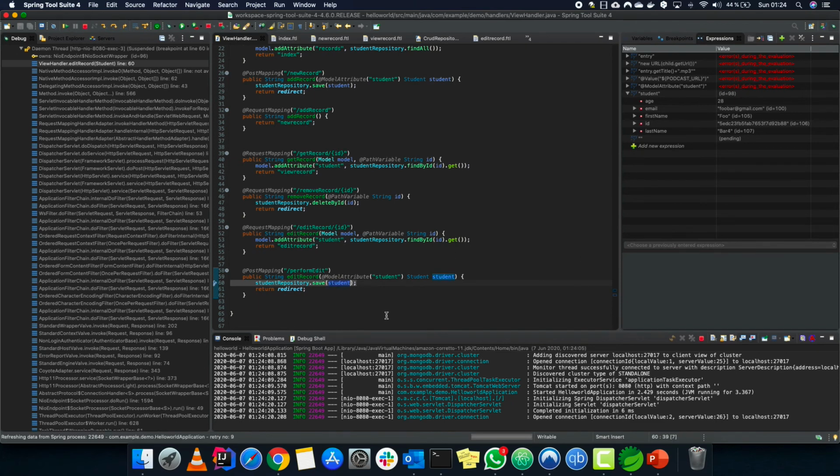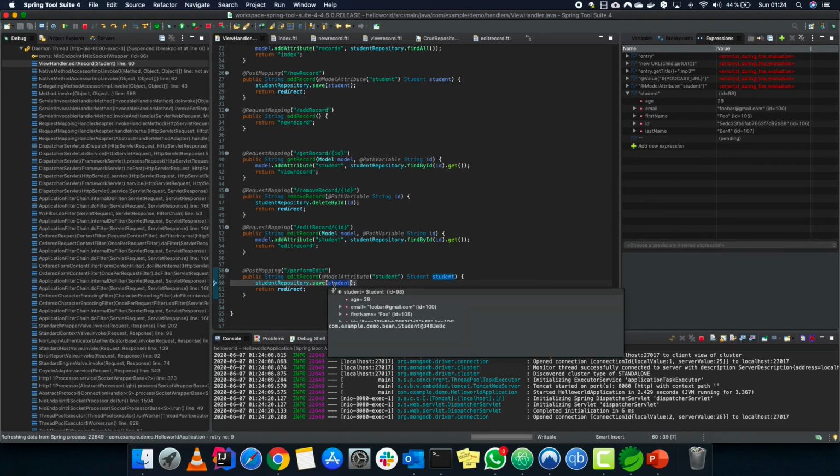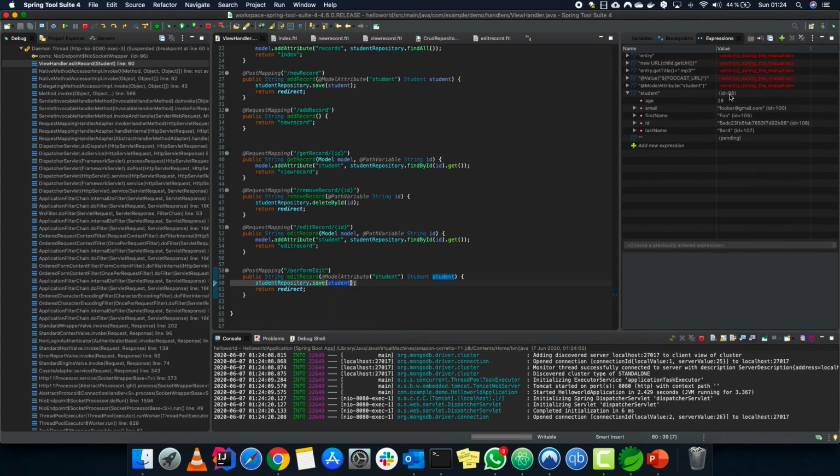So let's check the student object. As you can see, student age is 26, that was updated.